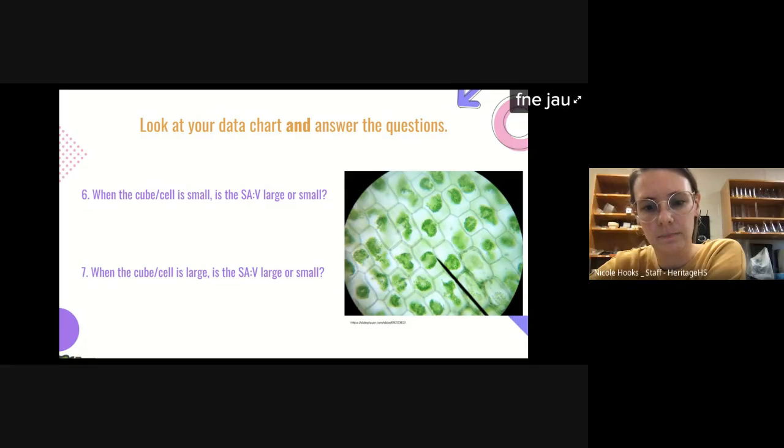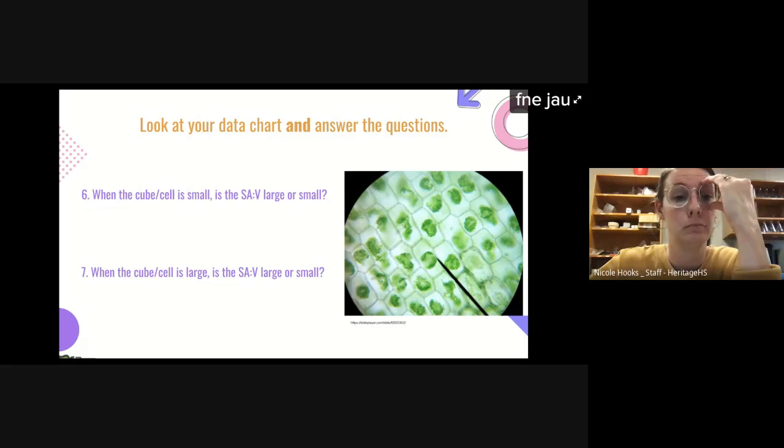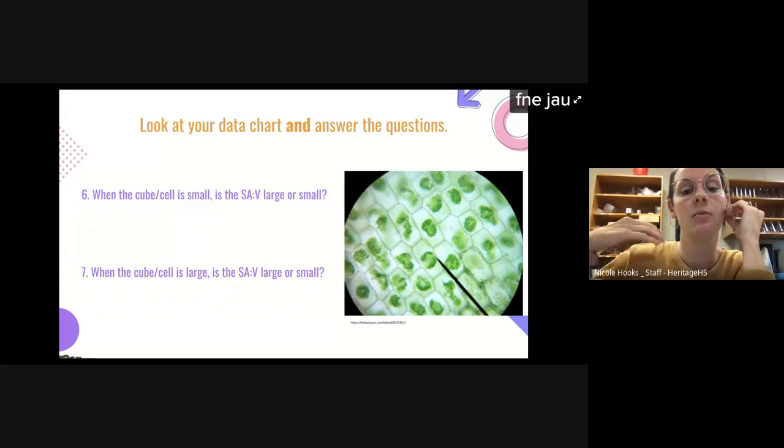Good, Ava's got it. Brandon's got it. Still need a couple of you to respond. I need one more. Remember, look back at your chart and look back at each of those things. As the cube gets bigger, the ratio gets